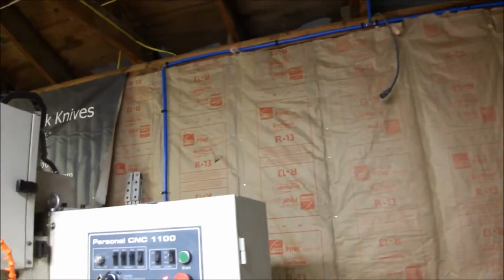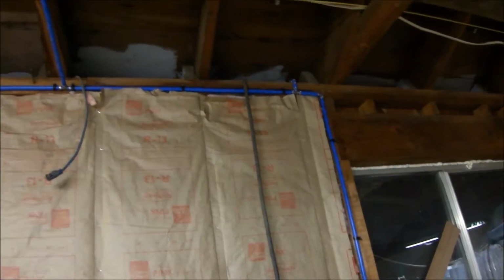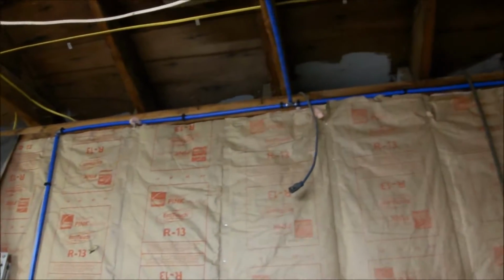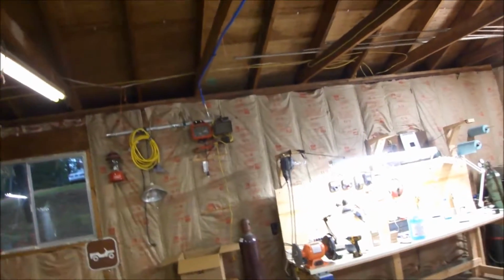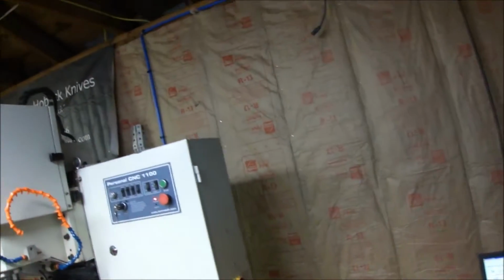One thing that I did with this shop, first thing, was insulate it because we're in Idaho and we get a lot of snow. And I ran PEX waterline tubing and I plumbed my air into it. It'll hold 170 psi and I plumbed it through the whole shop. I got an air drop over there. I got to finish up a couple little drops, but I finish up with the assembly area and then one